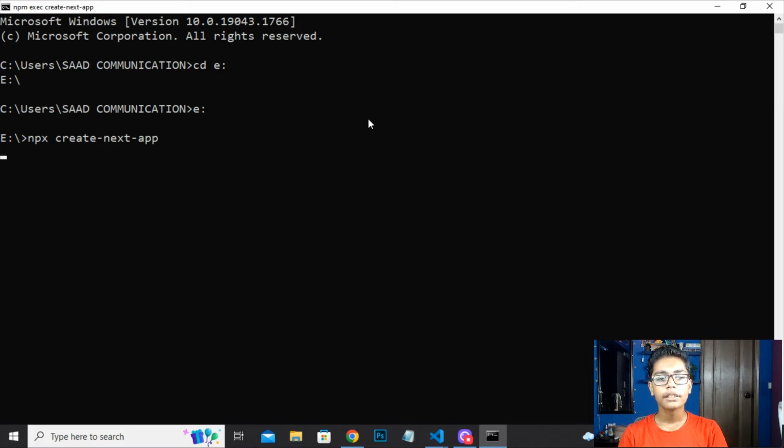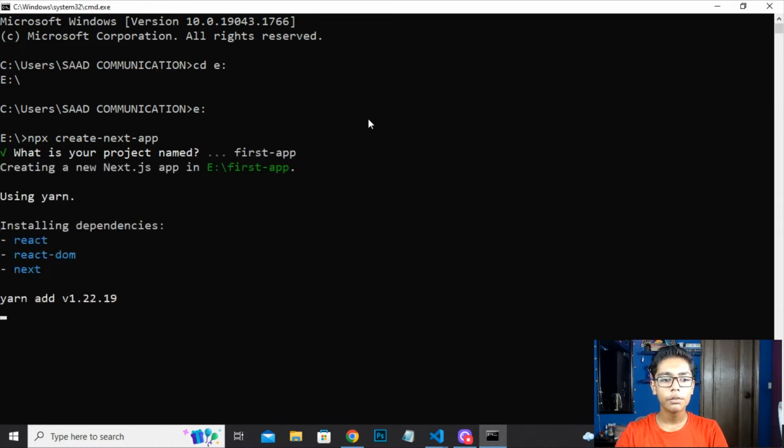Here it will be asking the name of your project, so you can write first-step, and then save it on local disk. You can see I'm using yarn, but I will be also using npm, because yarn is usually for Mac, means if you are a Mac or Apple user, then you can use yarn. But if you are a Windows user on a laptop or PC, you can just use npm, and I will be also using npm to run my Next.js app. So here we will be building this project like I have shown you.